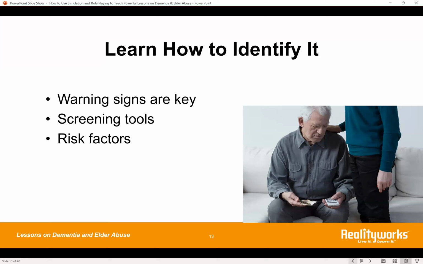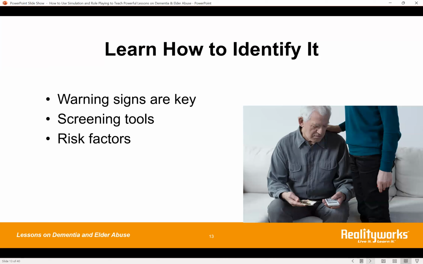And then here's something specific for physicians. Sometimes elder abuse can be associated with findings such as poor eye contact, a withdrawn nature, malnourishment, even hygiene issues, certainly things like cuts and bruises. You can ask, did you notice any of those things in the last 12 months on this patient? So you could create a scenario that highlights some of these types of questions and see how students react in